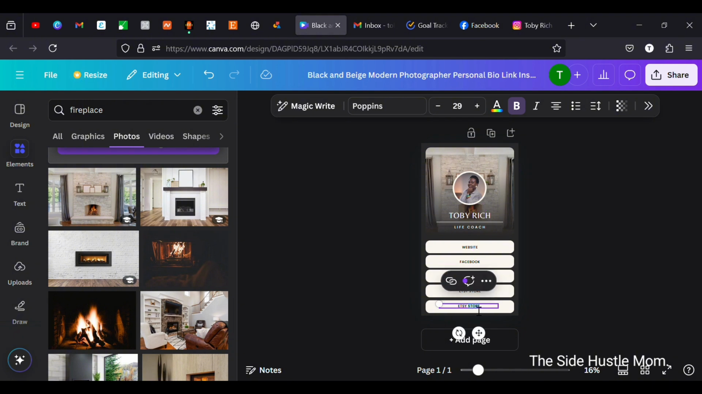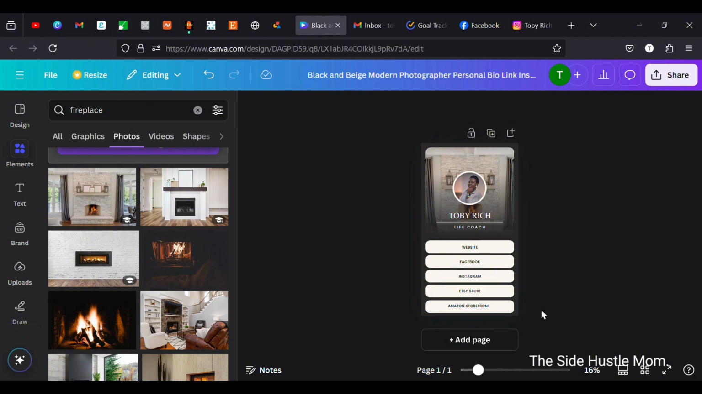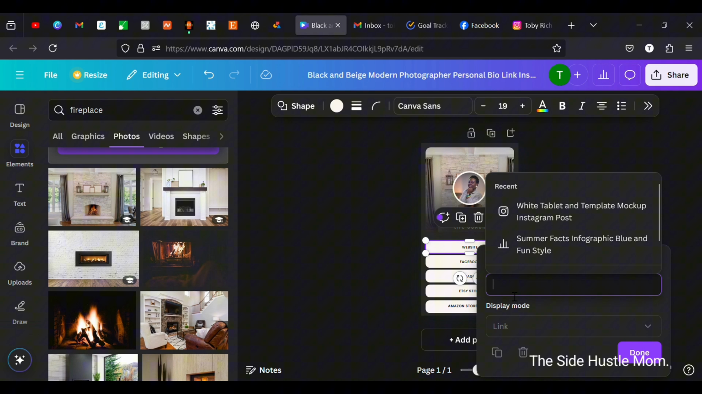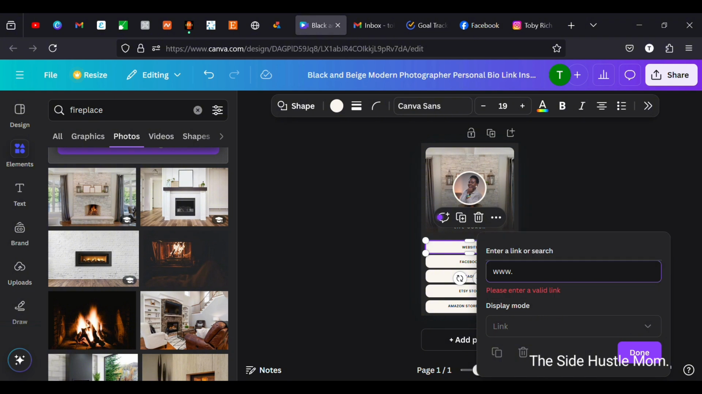Okay, so we're just gonna name this Amazon storefront. Assuming you have an Amazon storefront, that is where it's gonna be. All right, so now we're gonna go ahead and start to link. You click on the text or the bar, right click on that, click on link. Okay, and I'm going to put in my website on that one,